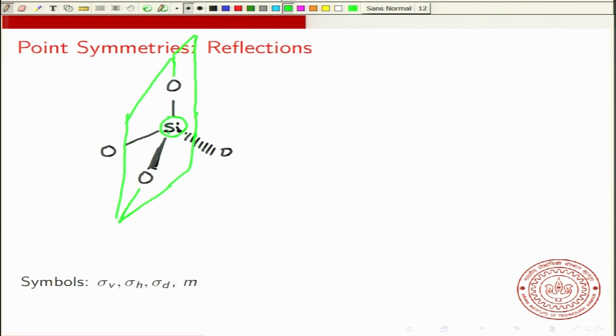And this plane, consisting of this oxygen, this silicon and this oxygen, would be a reflection plane, because if you reflect about this plane, then you can see that these 2 oxygens will change their positions. Remember that this plane is not perpendicular to the plane of this screen, because this oxygen is actually outside,